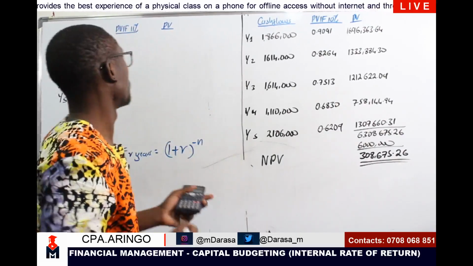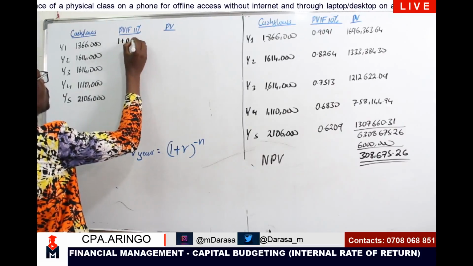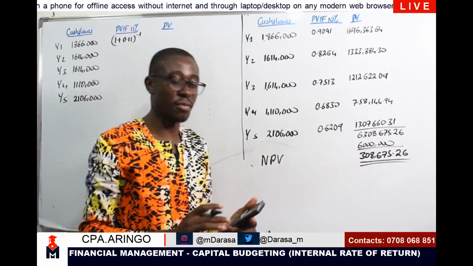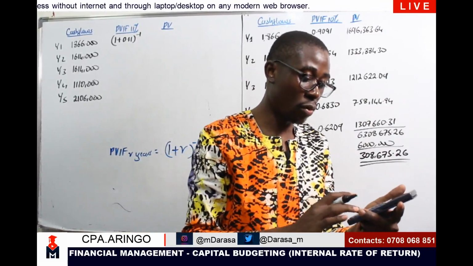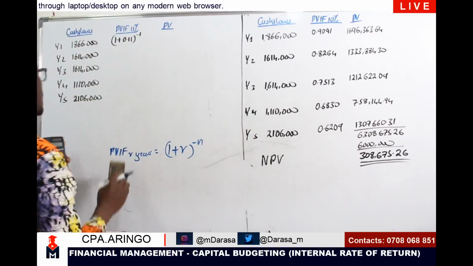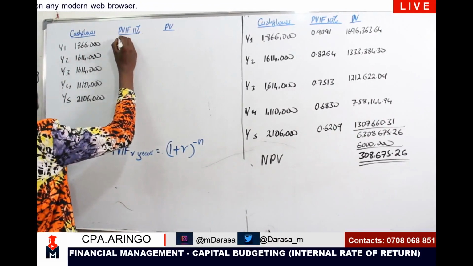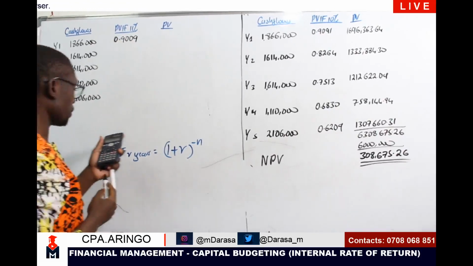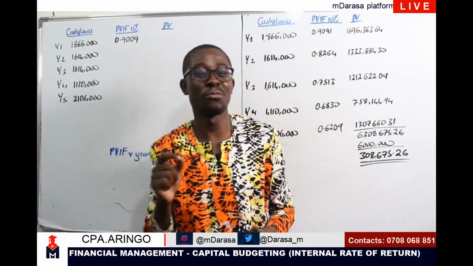So in our first period, we can take 1 plus r, which is 0.11, raised to power negative 1, which in that case should give us a figure of how much. I'm going to take 1.11 raised to power negative 1, which in this case gives me a figure of 0.9009. The moment you have that, and you have attended MDarasa classes for financial management, you don't need